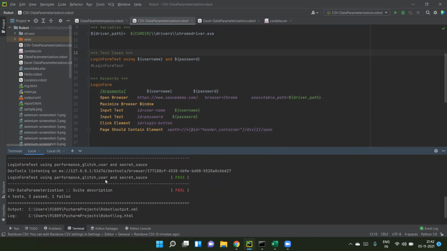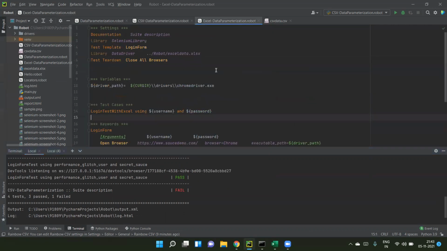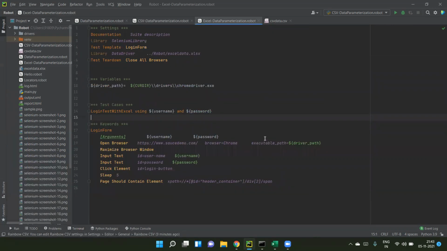In CSV, we don't find many problems because it is a standard format for every system, for example Linux or other systems as well. And CSV does not require any application like Excel from Microsoft. Now coming to the Excel. When you compare it with the previous file, it will be the same. The only difference is it will have the Excel data.xlsx, and you can even mention a sheet name if you have data in a sheet other than the first sheet. Apart from that, everything remains the same.